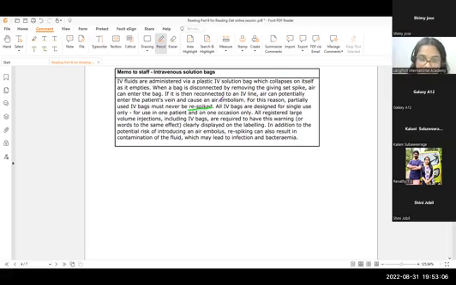So if you do the respike, if you do spike the IV again, along with the risk for air embolism, it can also result in contamination of the fluid inside the IV bag that can lead to infection and bacteremia. Okay, so it basically says